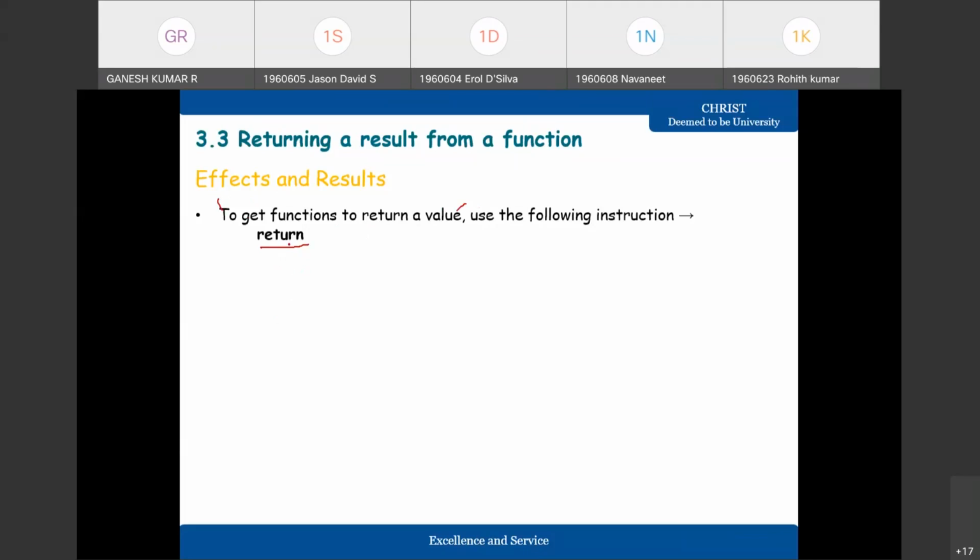Now, what are the characteristics of return? The return instruction has two different variants.